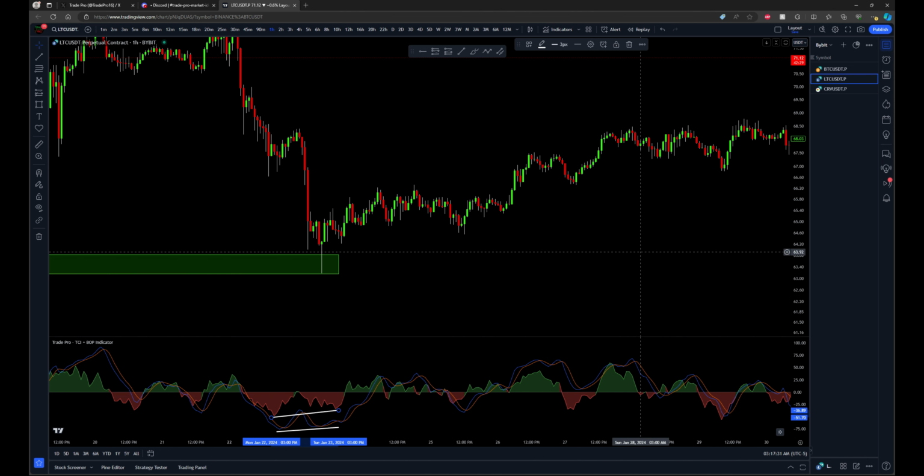So let's take a look at our divergence now. As we came to the downside here, we can see that both our balance of power and our momentum, so lower lows on price, balance of power is coming to the upside as we get down into that sweeping of that logical low. We also see that our momentum was coming to the upside at the same time as well. So we have our bullish divergence, we have our sweep on our logical low untapped,